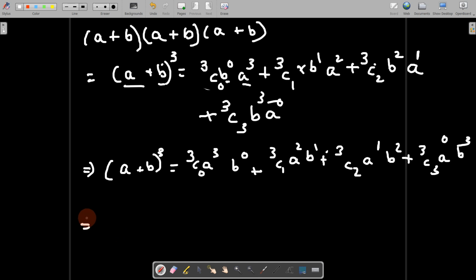So I will write the general formula for n. Now suppose the question was you have n people who want to choose out of 2 toppings. So what are all the possible ways in which they can choose topping A and topping B? That would be the expansion of A plus B power n. So n is the number of people who are choosing toppings for their ice cream.